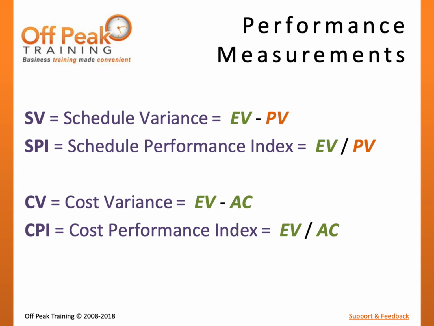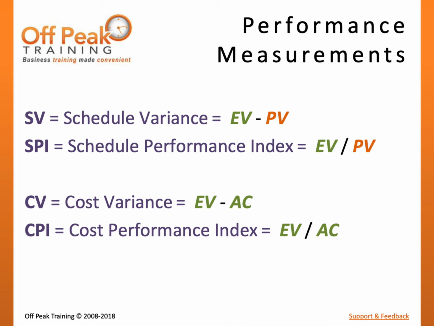Once we understand where we should be, represented by planned value, where we are, represented by earned value, and our cost of achievement, represented by actual cost, we can measure our project performance. In earned value management, 4 work performance measurements will be used. Schedule variance and cost variance can be used by the team to understand current performance in dollars. The Schedule Performance Index and Cost Performance Index will be used to understand a ratio of performance.